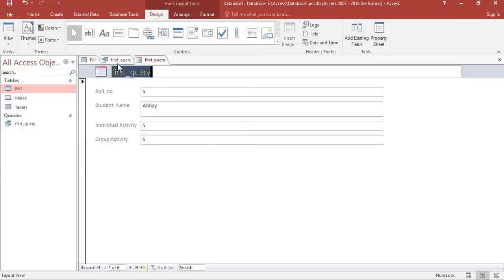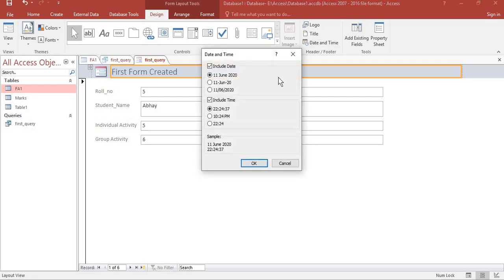Okay. Now, by default, a form will contain, which you can see, all the fill labels and corresponding text boxes. To add more control, use the button in the control group. See, this is the control group and you can already see many buttons are there. You can choose from the button and you can change and you can add or you can edit or you can format, whatever you say, in this particular form.